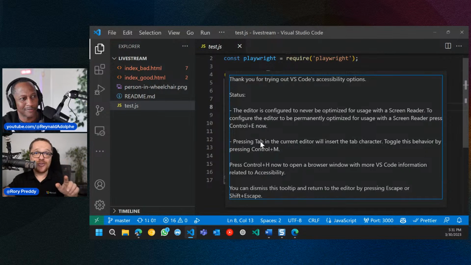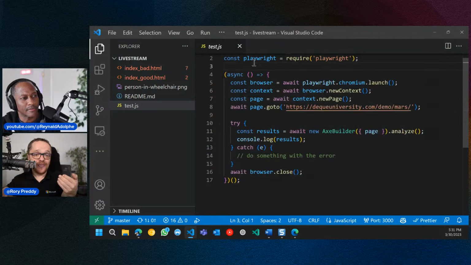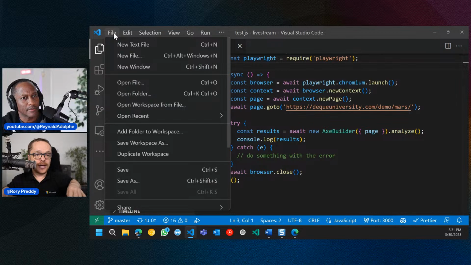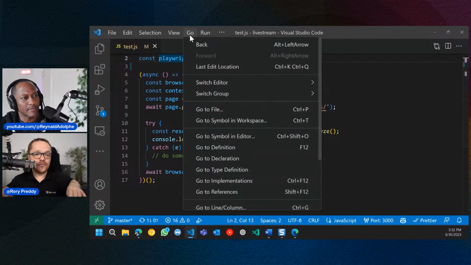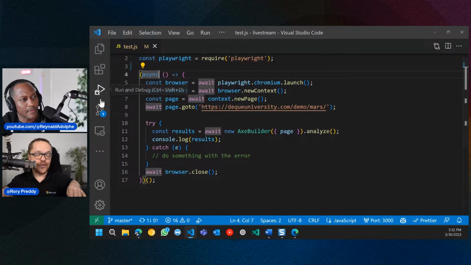So tab spaces. How many times have you actually tabbed across Visual Studio Code, but you get caught tabbing into your file? This is a big issue. So if I tab here, and if I go Shift tab here, and I tab out here. So let's go File, and I tab there. Let's go tab here. I tab into that. You can see that it's actually tabbing into the file. It's not actually Shift tabbing into the actual menu structure. So we want to show you how to do that.